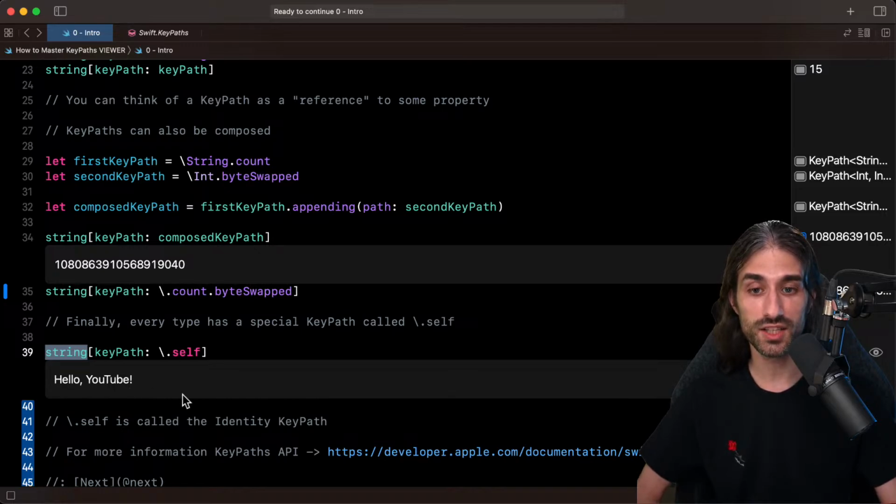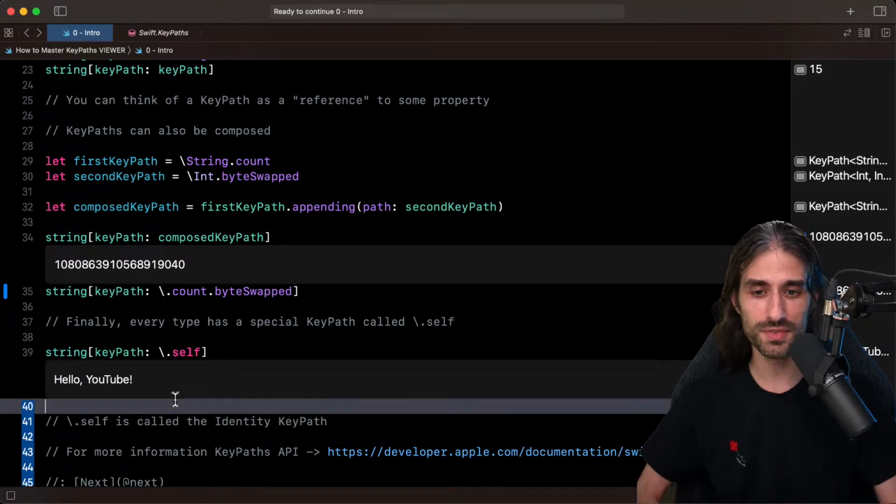And why is it here? It's because it's actually very useful. For instance, if you have code that composes several key paths together, maybe you need to have an initial value to start your process of appending to the initial value, and this identity key path is a great initial value. From the algebraic point of view, we would say that the identity key path is the neutral element of the operation that allows you to append key paths.